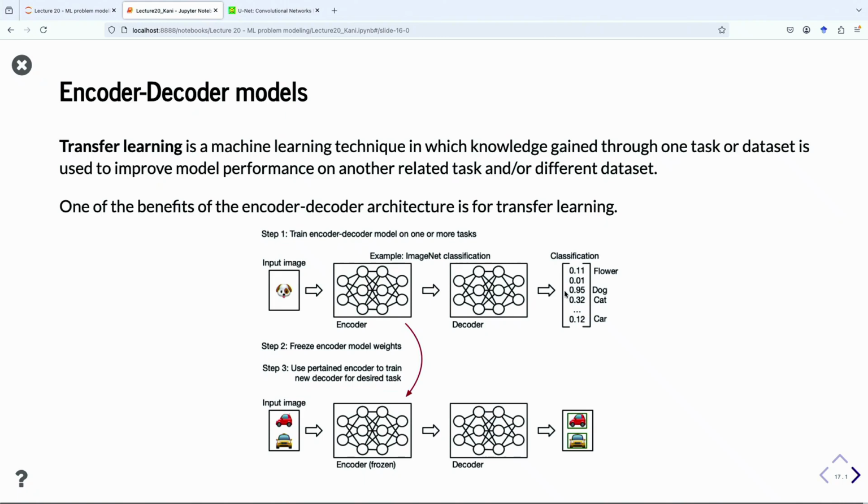The nice thing is that we could take this model. If we do this training for one or more tasks, this encoder here becomes a pre-trained model. Having a pre-trained model is useful because, again, we don't all have the resources of Google to train a model on millions of images, probably billions of images. So what these big companies do is train their models on a bunch of different tasks, and we get these encoders, and then they release these encoders online.